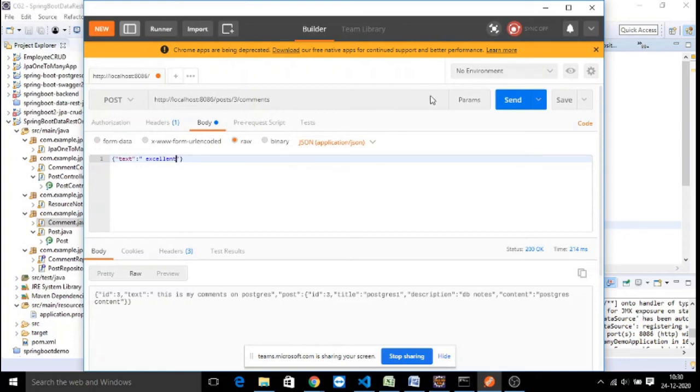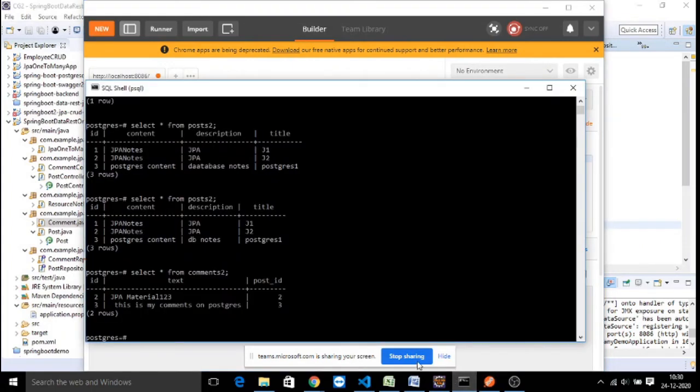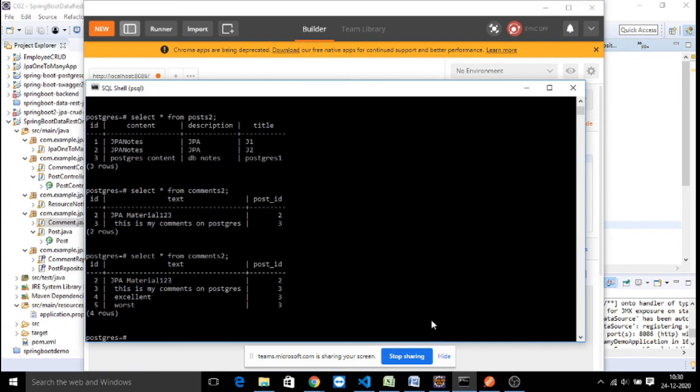My comment is excellent for the same post. And next one more comment I am adding for the same post ID. Now if you can observe, my number of comments is more, but all these 3 comments are on the same post, post ID 3.